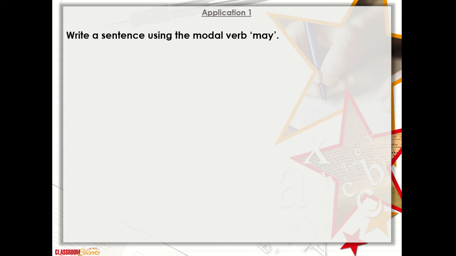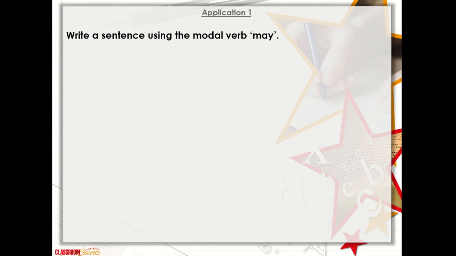Today in literacy, we're going to continue our work learning our modal verbs, and we're going to take our skill of recognizing, which we've covered. We're going to take our skill of using modal verbs, which we covered last week, and now we're going to use that knowledge and apply it to sentences with modal verbs and some problems with modal verbs.